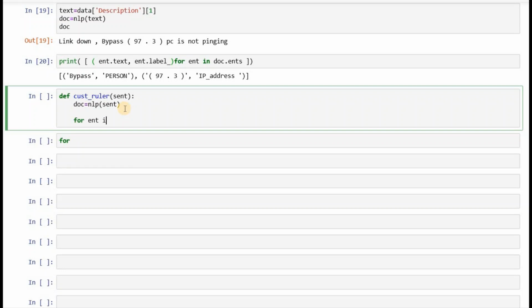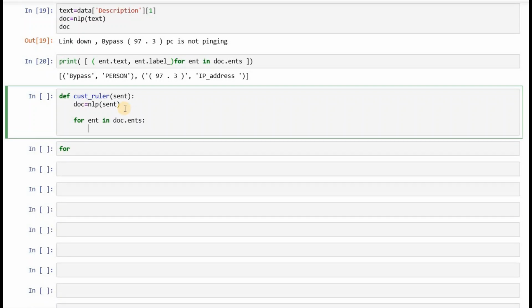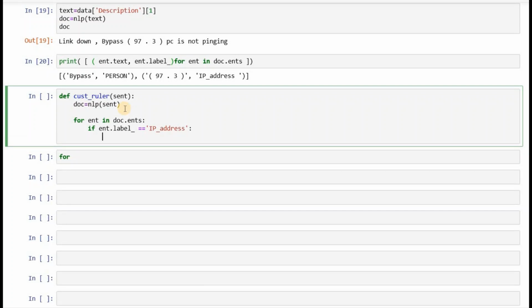And then what I would do is for ent in doc.ents, if ent.label equals IP address, then I would store it.